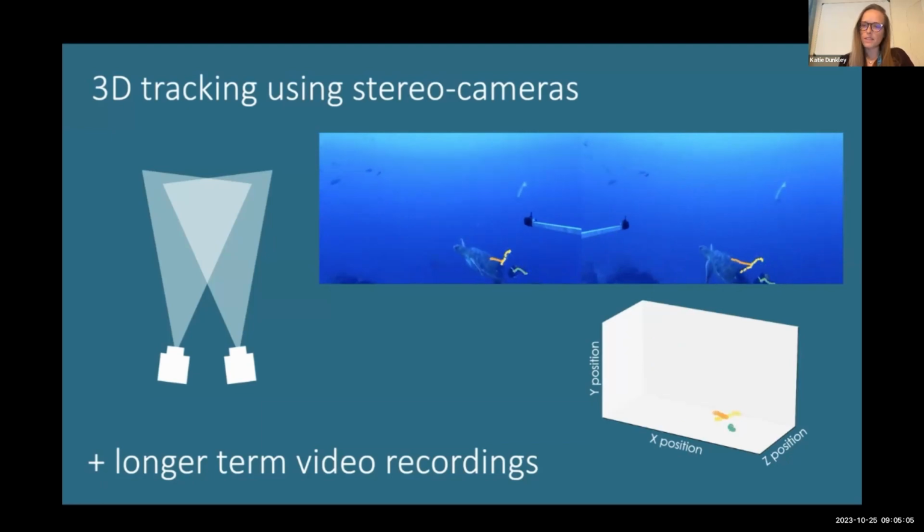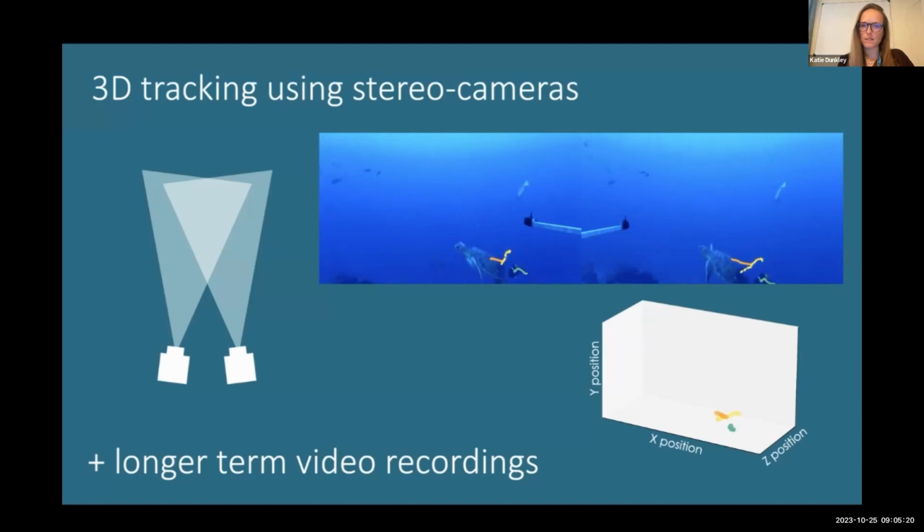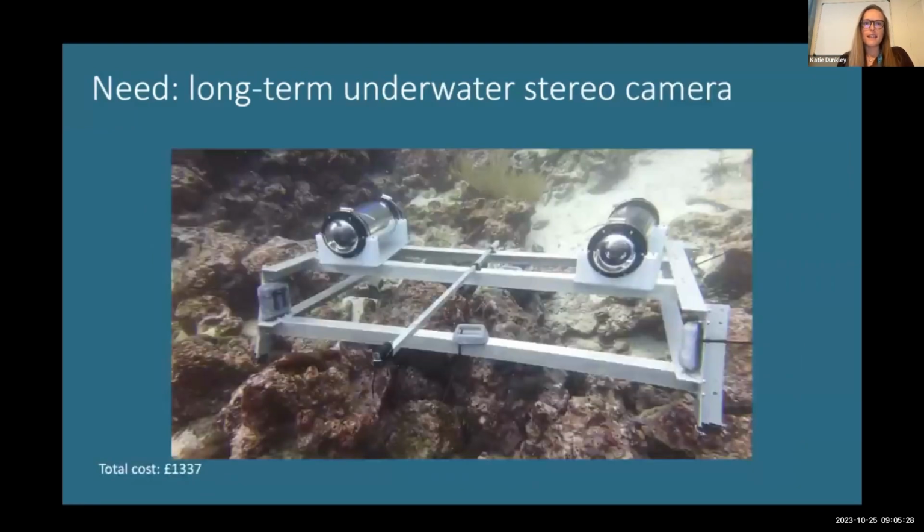Now we can capture high quality and high resolution video in stereo with a camera setup that can also record longer than the standard battery life of a normal underwater camera like a GoPro. We'll also be able to capture rarer species in complete behavioral repertoires, which will allow us to further our understanding of how wild animals interact with others and their environment. So therefore, we set out to design and build an underwater camera system that can continuously capture multi-day in situ three-dimensional stereo footage. So these cameras would then be useful for continuously recording aquatic species and their behaviors and interactions